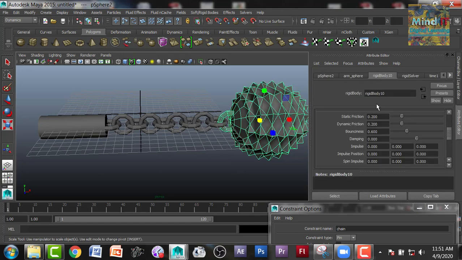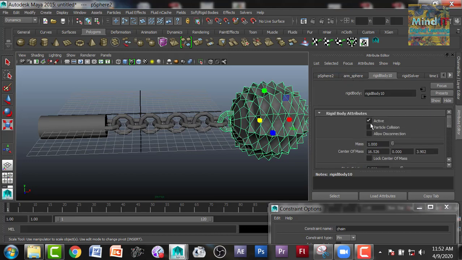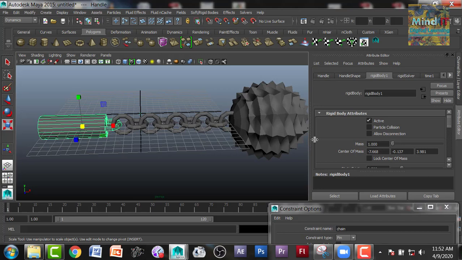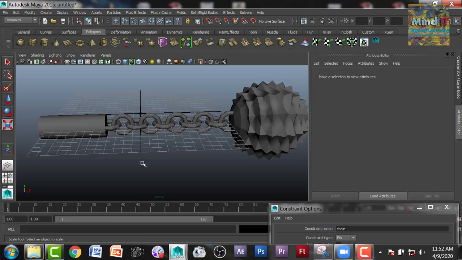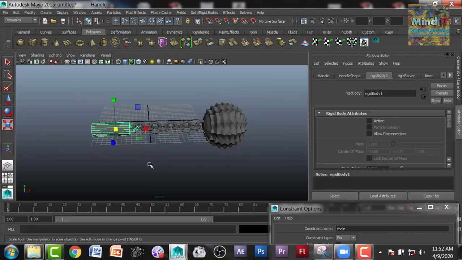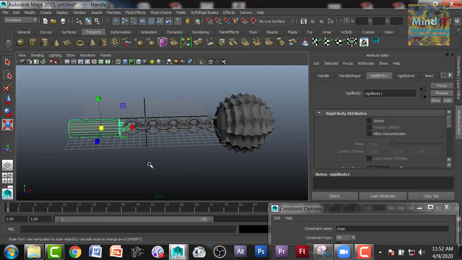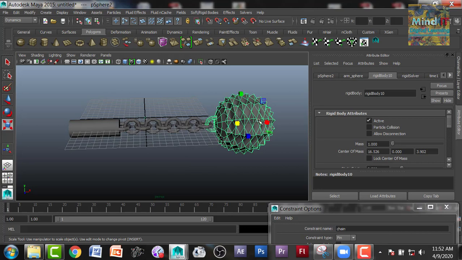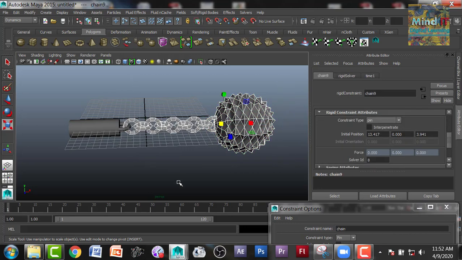Now you see all of these structures are collectively made into a single structure. I am going to make it passive. It became active when I applied the pin constraint, but I have converted it into passive by unchecking the active box. Okay.